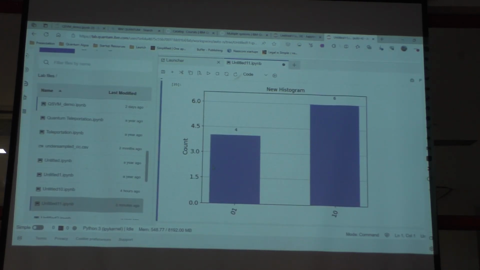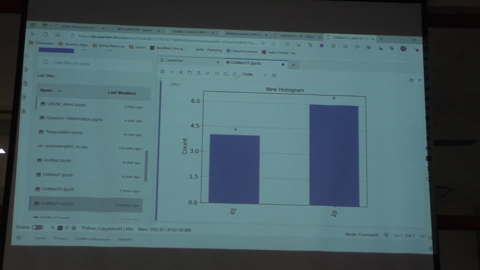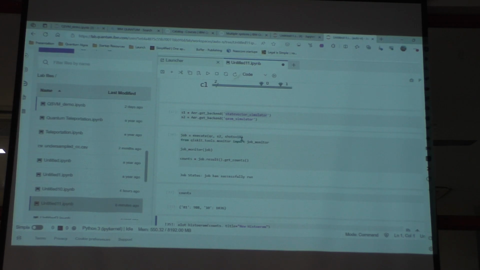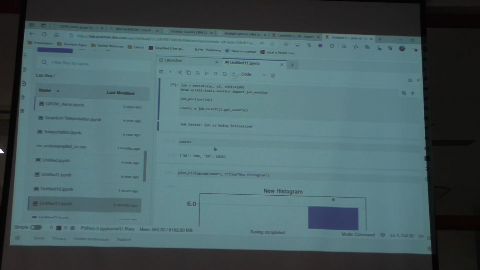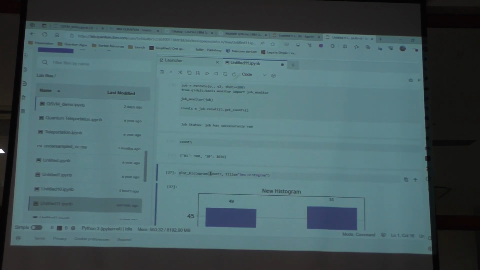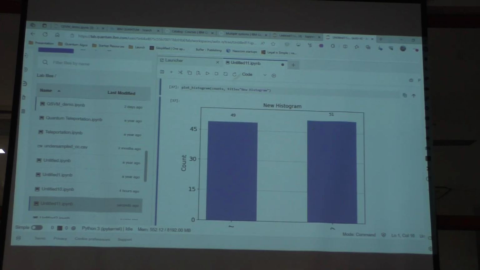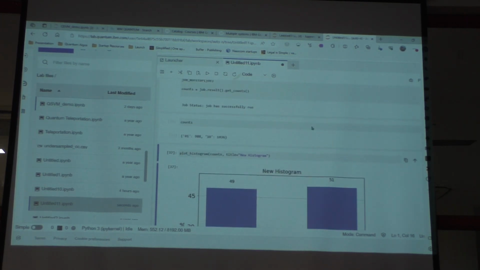So as you can see, there's a clear differentiation. 4, 6, you can't say it is equally distributed, it's an equal mixture. And this is why we need more number of shots, or else you won't see that clear mixture. But if we increase to 100, you will see an equal mixture. You can see 14 and 51, it is very close by, and it can be an equal mixture.